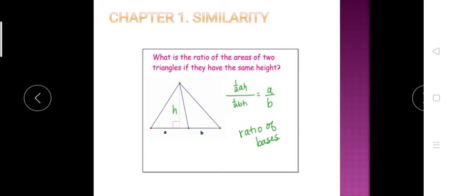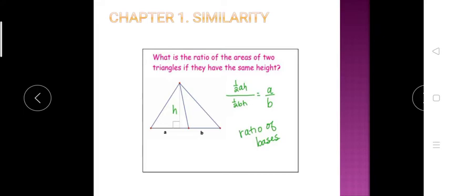If I am saying that these two triangles are congruent to each other, it means that they are equal to each other with their angles as well as with their sides. It means if triangle ABC and triangle PQR are equal, they are congruent. It means that corresponding angles are congruent and corresponding sides are congruent to each other. Congruent means equal measure, sides as well as angles.